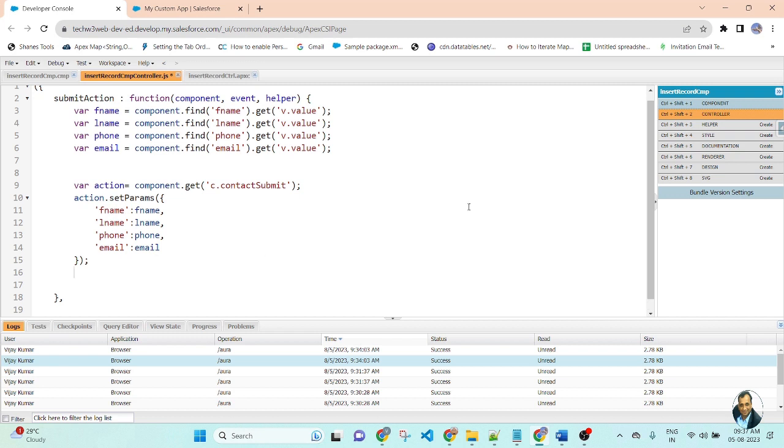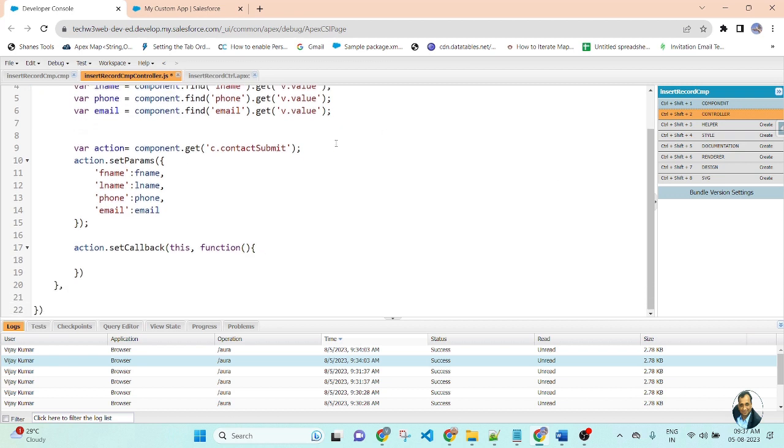After the action I will use action dot setCallback. Inside the callback I will create a function and pass the response here.